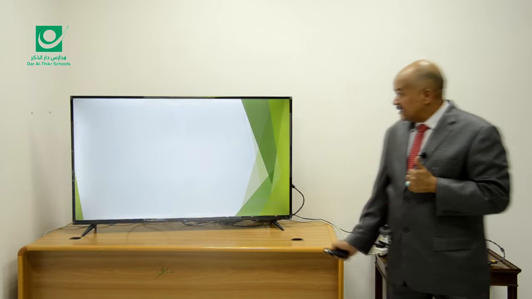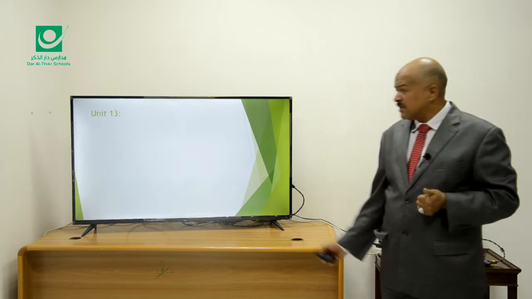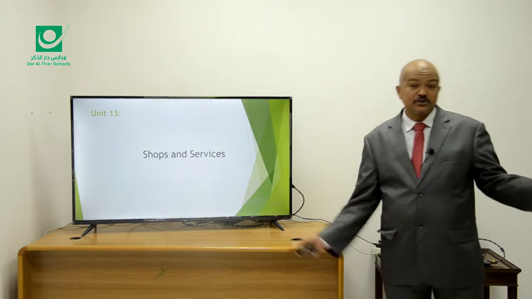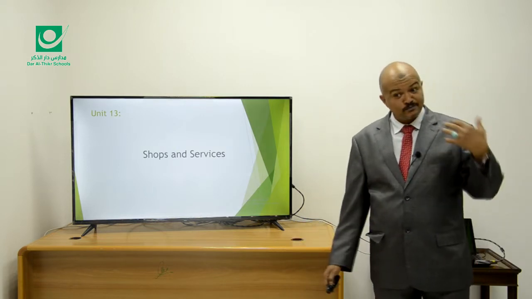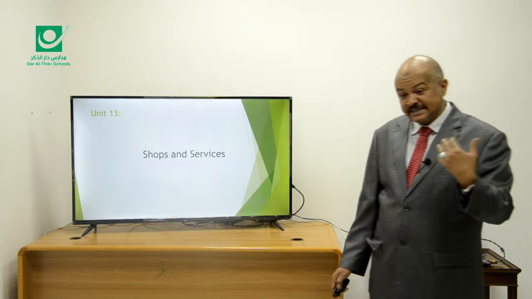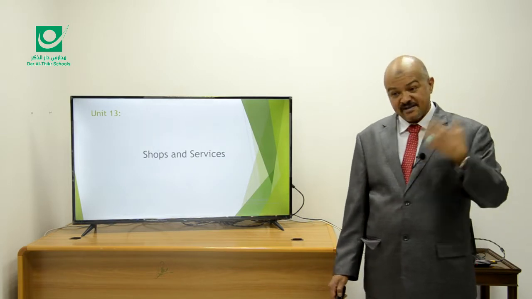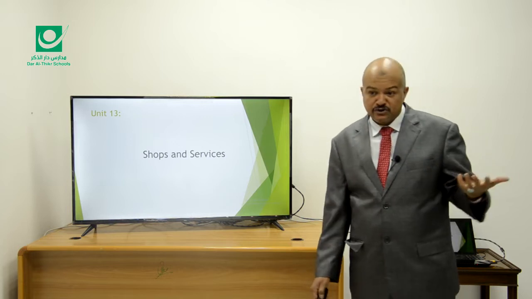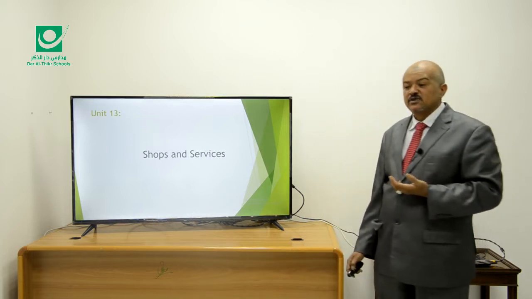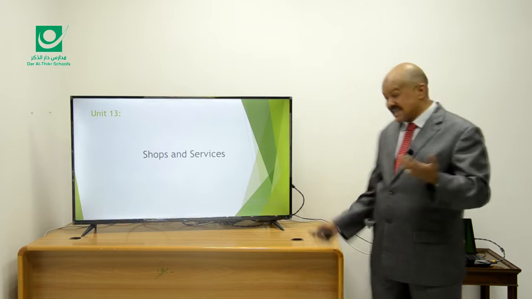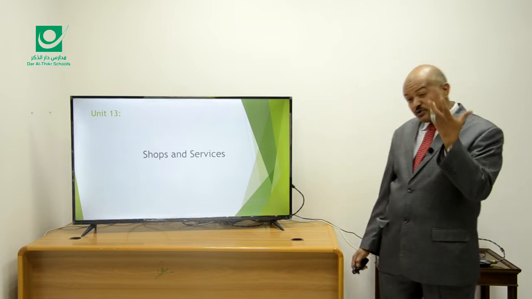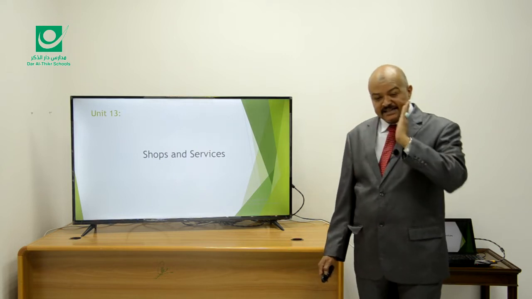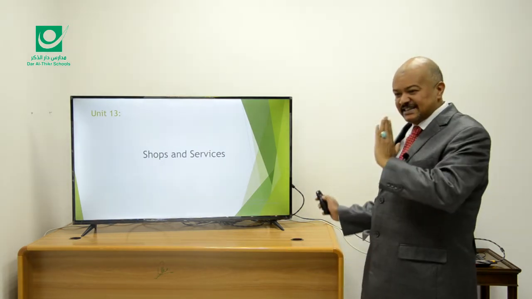So as you see, unit 13 is about shops and services. All of us go shopping, either weekly, monthly, daily, or bi-weekly. It depends on the reason why we go shopping. So we need to go shopping, and shops are supposed to be dealt with in certain ways,